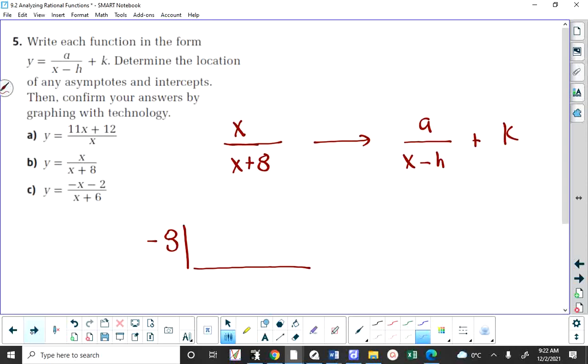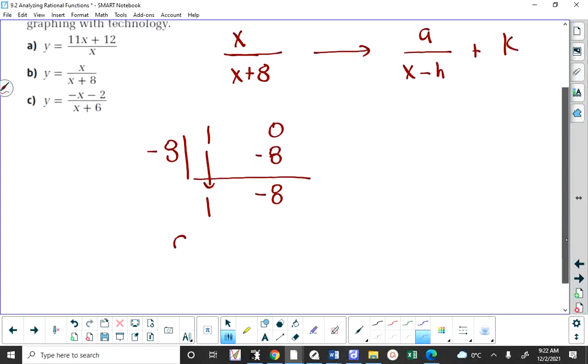and divide x plus 8 into the numerator, which is x. And when you do that, you have to put 1 for the degree 1 term, which is x, and you need to put 0 for the constant term, because on the top of this, it's not x plus 3 or x plus 2, it's just x. I bring the first number down, which gives me 1. I multiply these two, which gives me negative 8, and when I add them, I get negative 8. So what does that mean? It means that the quotient, the result of the division,